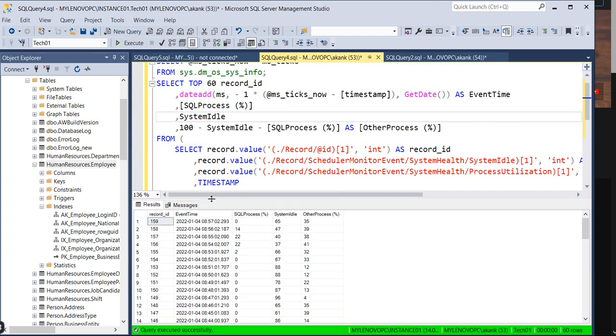You can also try the lab test. As you can see now, the CPU process from the SQL side is coming to 0. So now from the SQL side there is no CPU consumption as of now. As soon as the load was given, it increased. So these 2 queries are very much helpful to identify the CPU load.